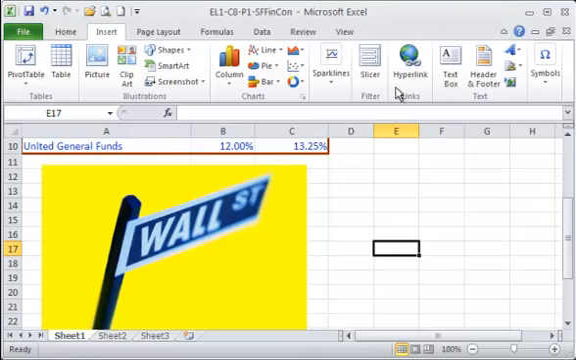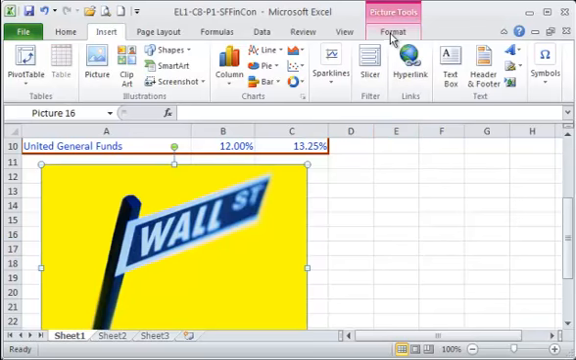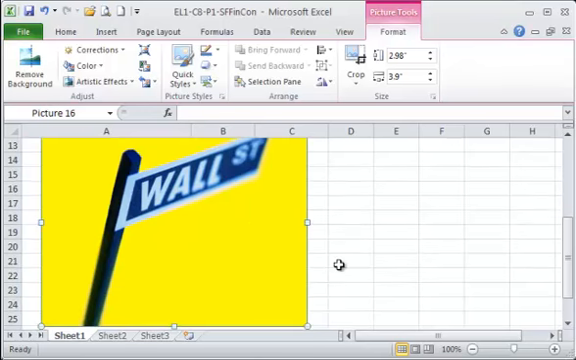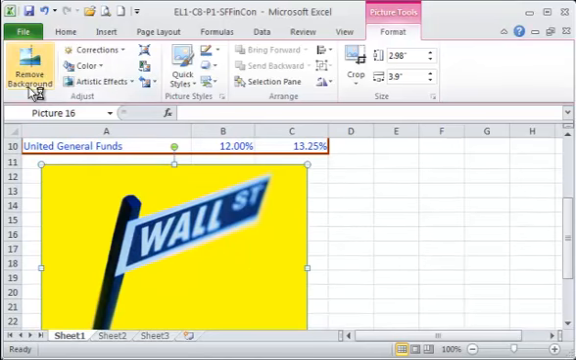Notice when I deselect it, we lose the contextual tab, as I've mentioned before in previous projects. When you click on it though, it brings up the Picture Tools Format tab, and with the buttons on this ribbon we can manipulate how this image looks. The first thing they want us to do is remove the yellow background from the picture. So to do that, on your ribbon you'll see in the Adjust group the Remove Background option. Just going to click on that,